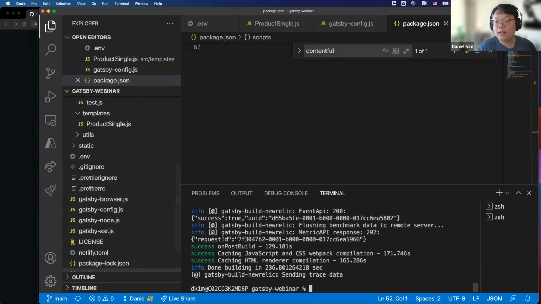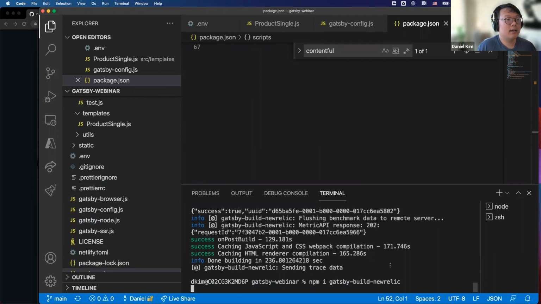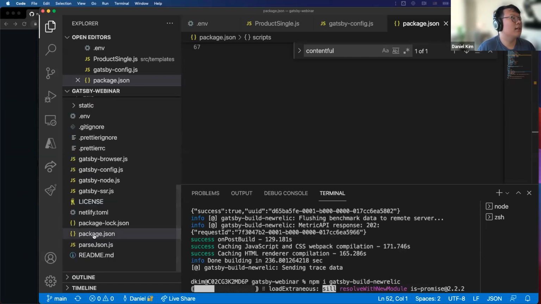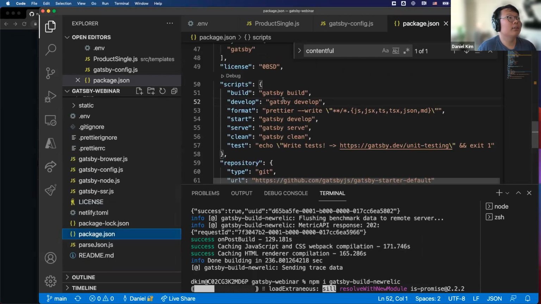The first thing you want to do when you have an existing Gatsby app and want to install this plugin is install the plugin. So I'm just going to do npm install gatsby-build-new-relic. Then I want to add some code snippets. First I want to go into package.json and edit the build command.